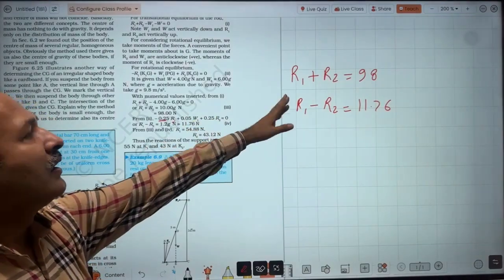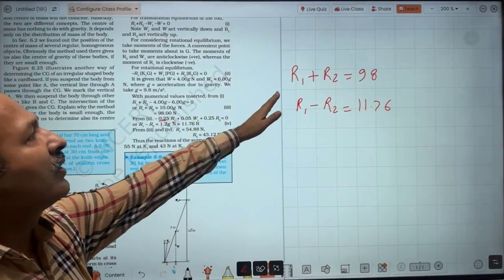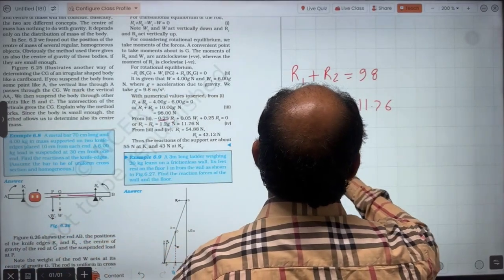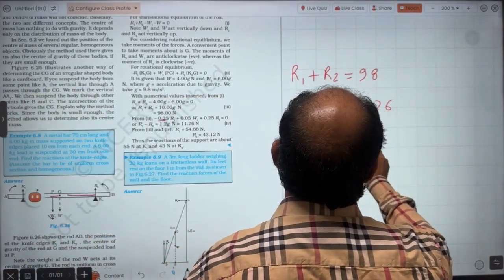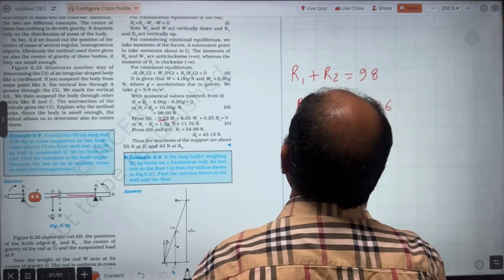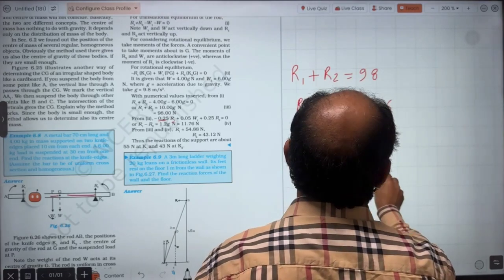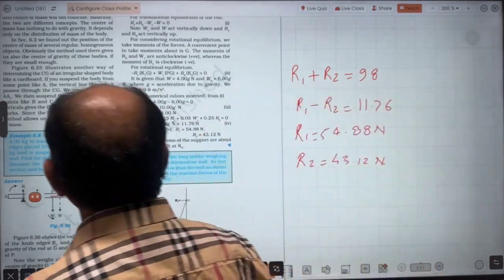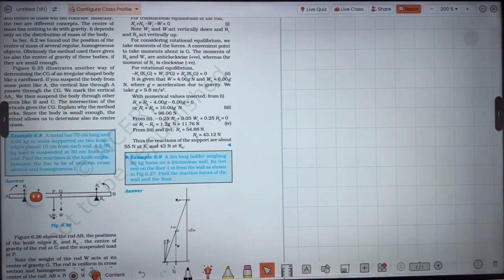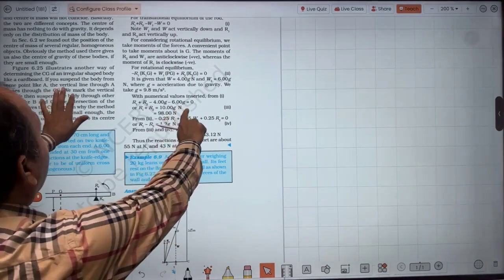So just add 1 and 2. You will get R1, and then you can put the value of R1 to get R2. So R1 will be equal to 54.88 Newton, and R2 will be equal to 43.12 Newton. So I think you have understood, but let's revise it once again so that things may become clear,